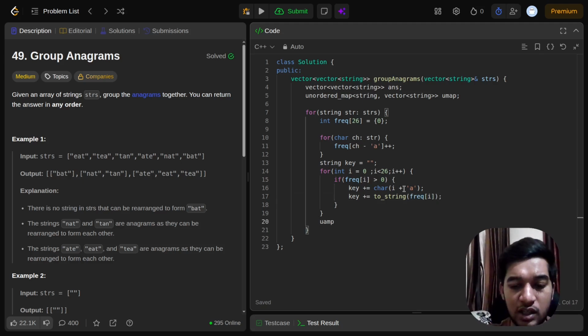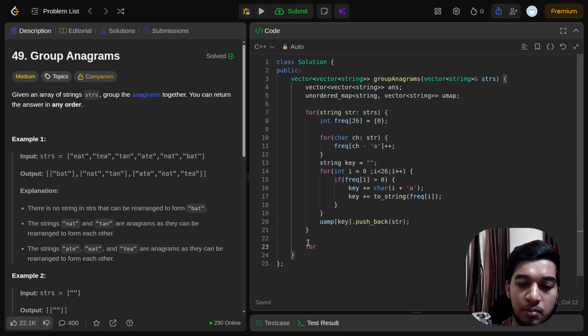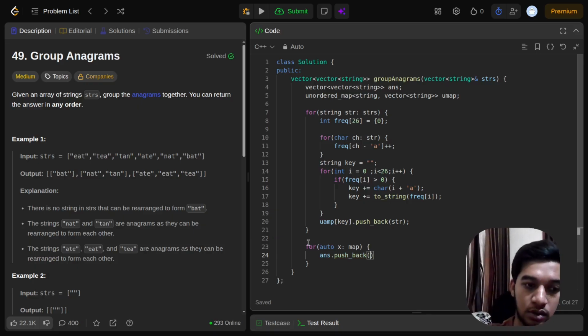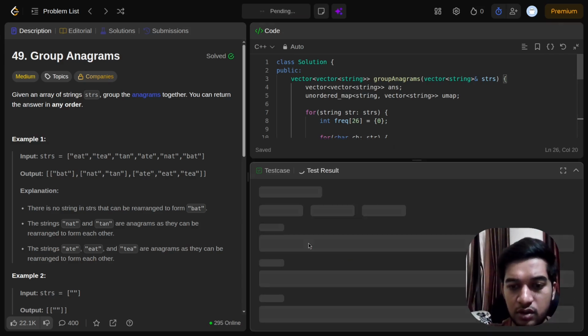And after making the key, we push the value in the key. After this for loop, we have to iterate over the map and store the values in the answer vector. So that will be auto x, we push the second value, that will be push_back x dot second, and at last we return the answer vector. Let's run this code,